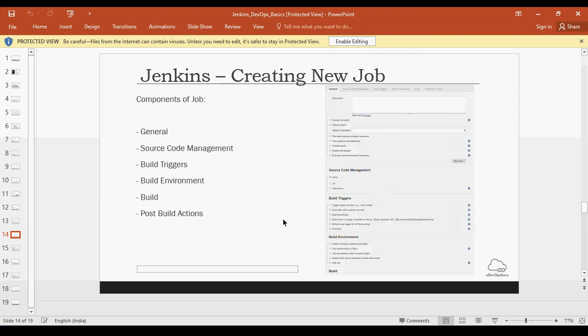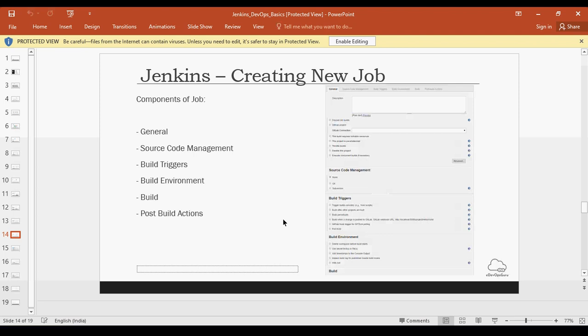Okay. You can provide the URL and other things. Then you can define how your job or your build is triggered. There are multiple trigger points available. These can be periodic, like a cron job, or a trigger from outside, or a trigger from your other jobs.